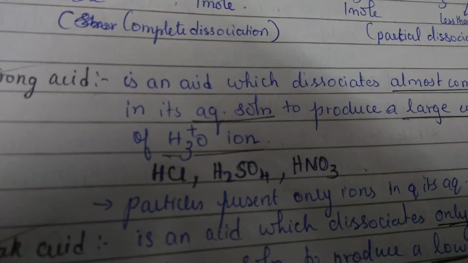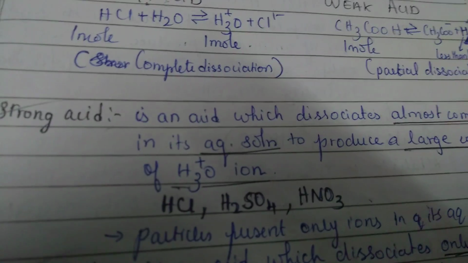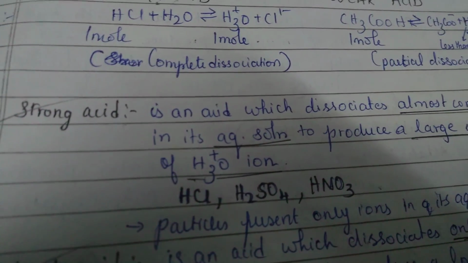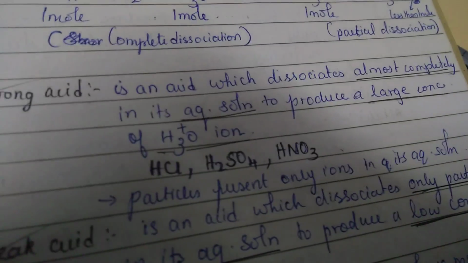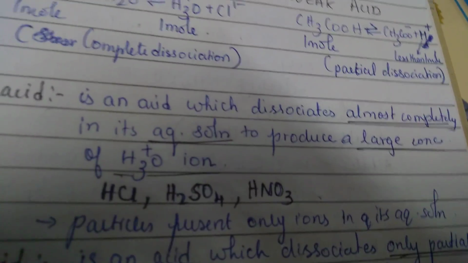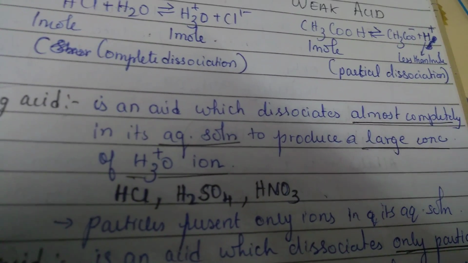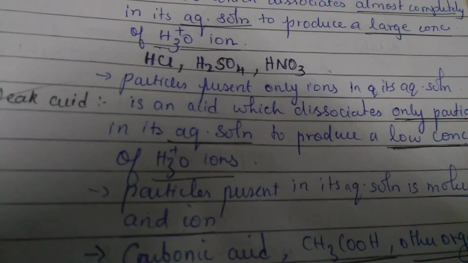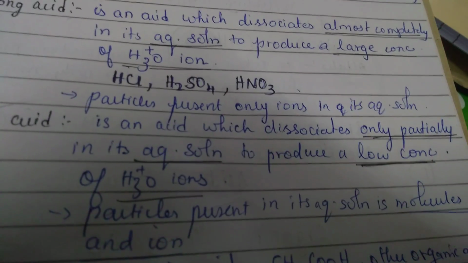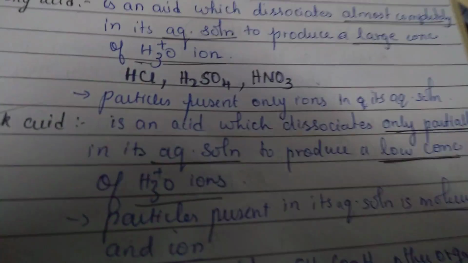For examples, HCl, H2SO4, HNO3. So we can say that a strong acid dissociates completely in its solution. So we can conclude that the particles present in the aqueous solution of the acid are only ions. Weak acid is an acid which dissociates only partially in its aqueous solution to produce a low